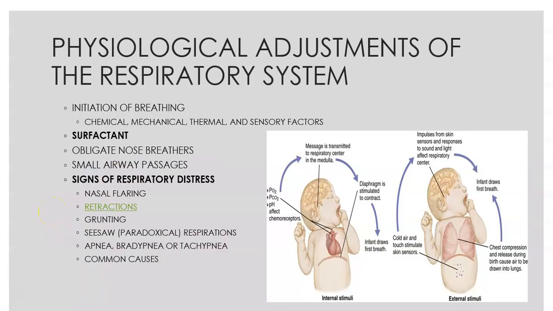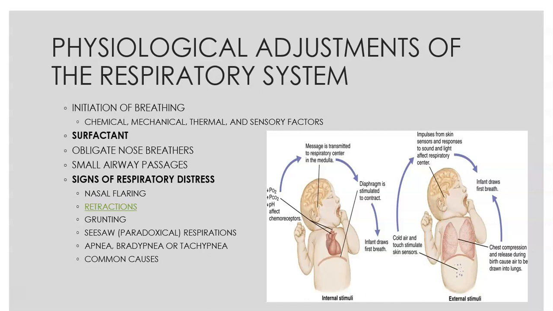So let's talk about some individual systems. Probably one of the biggest ones we're concerned with in the newborn is the respiratory system. That's one of the first things we're looking at. There are multiple factors that play together to stimulate breathing, and I certainly don't want you to memorize all those factors. But there are chemical changes, such as changes in the pH, just them being birthed, and that causes a change in the intrathoracic pressure. The feeling of the coolness of being out of mom's body can stimulate them. So there are lots of factors that play into it that cause them to take that first breath.